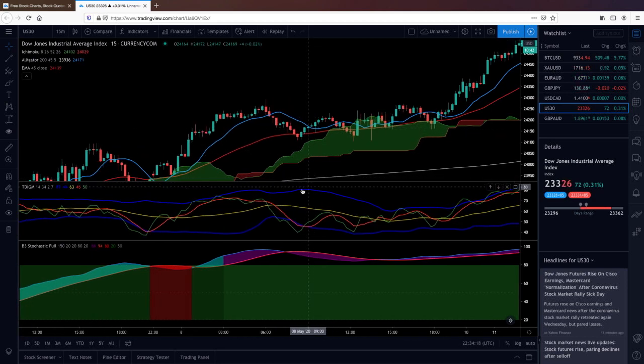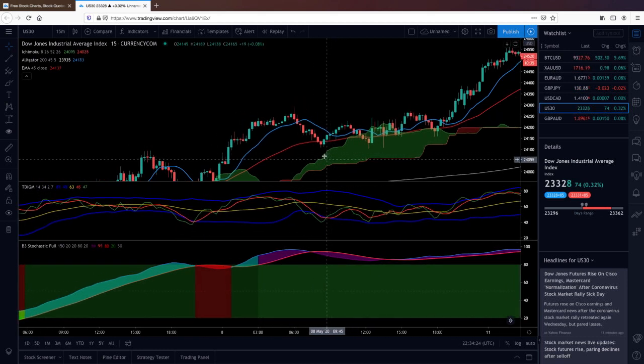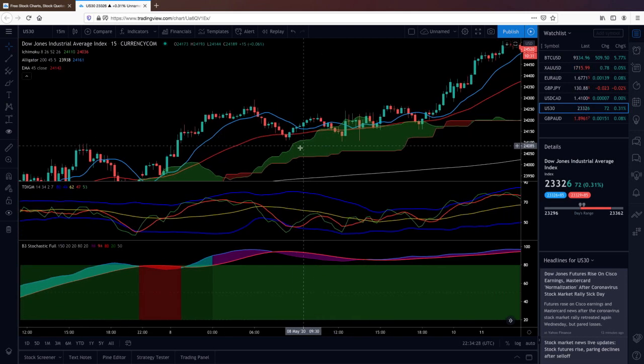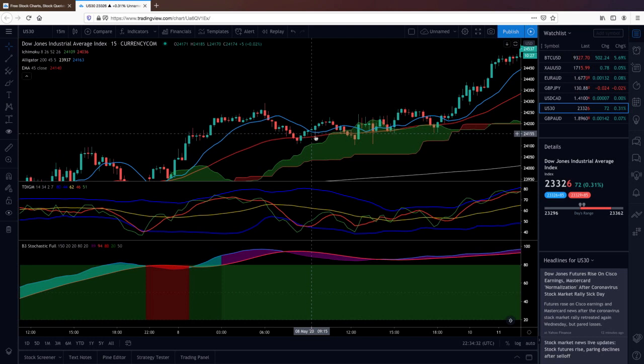So you look at your TDI. Background is green. That's extra confirmation. Candles come back. Remember I told y'all, when candles go above that red, it's go time. Once this candle closes right here, you can take the buy. That's right after